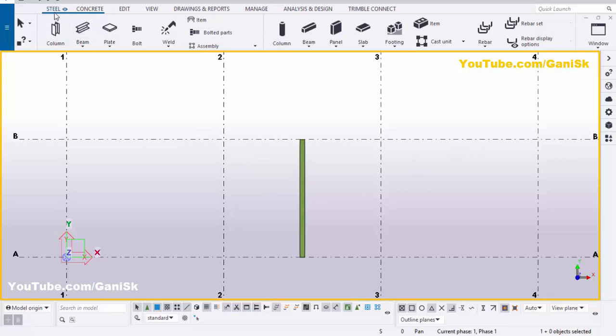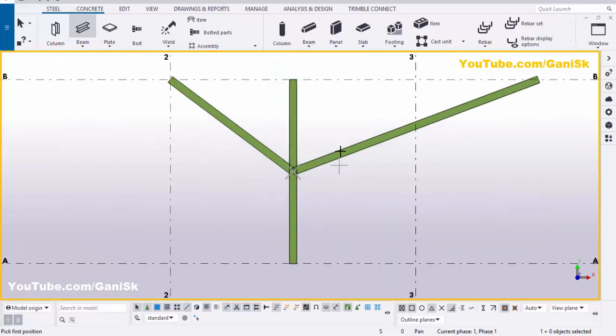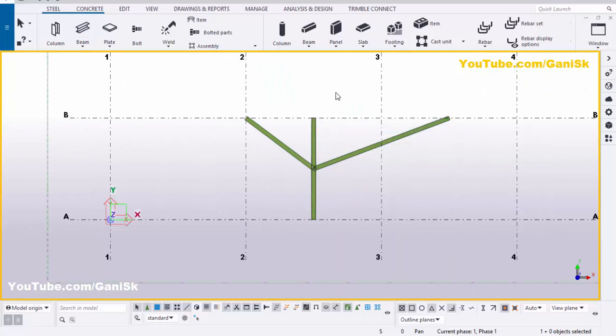So click on steel and select this beam, pick the first point at the middle of this beam and pick the second point here. Now pick the first point at the middle of this grid and pick the second point here to create the beam like this. Now right click, interrupt, click on space, use the shortcut Ctrl P for the 3D view